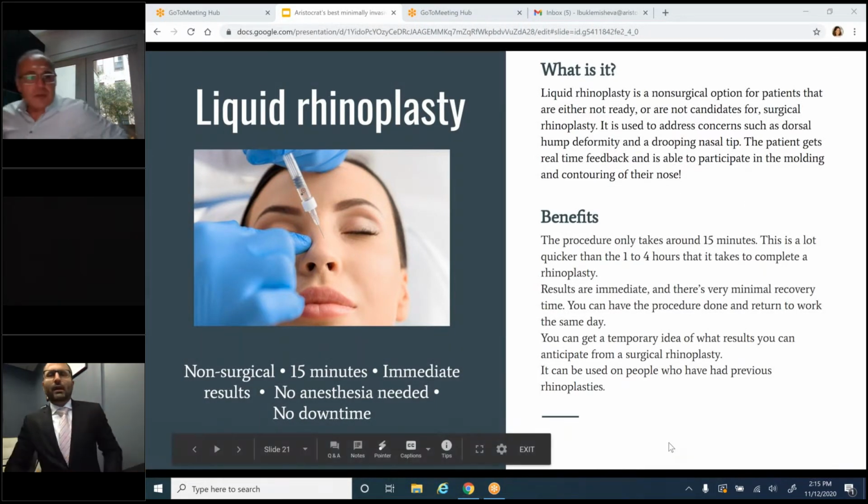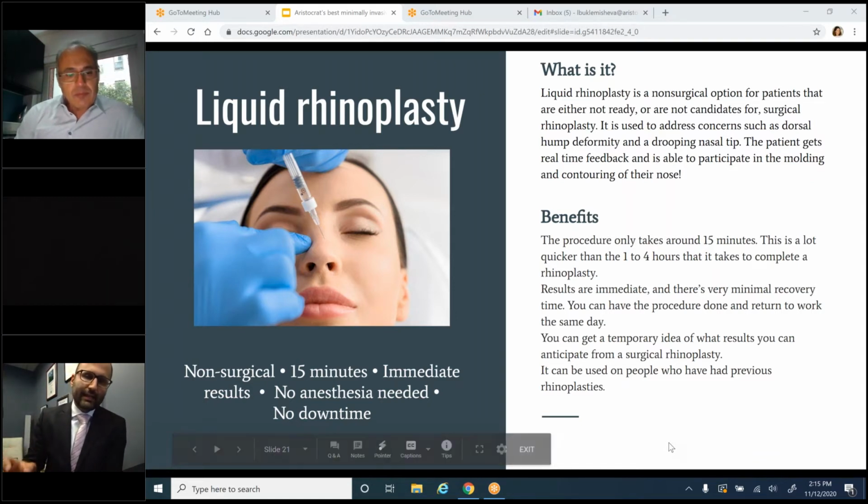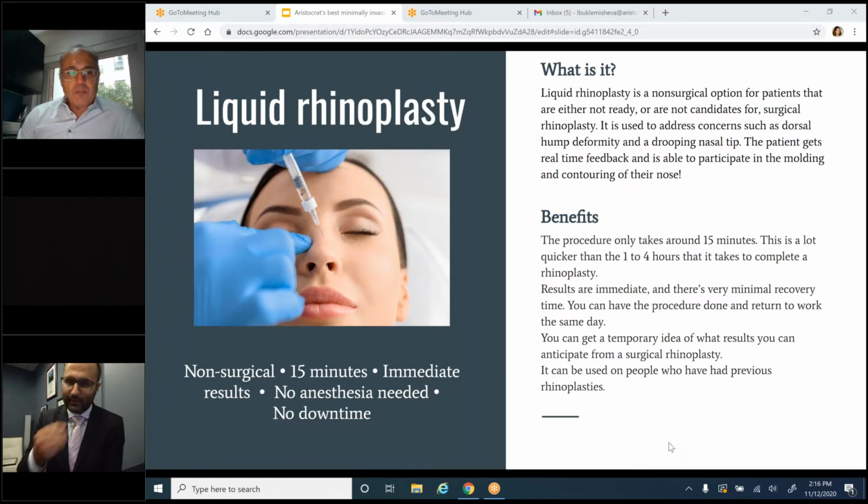Okay. So this is really the way to get the result, or as close to a result of a surgical rhinoplasty, but without any of the downtime. And I really think that's the most important part of the liquid rhinoplasty, that it can be done in 10-15 minutes. It's an outpatient procedure. It really requires a very minimal amount of filler, and you can tailor it to whatever the patient is